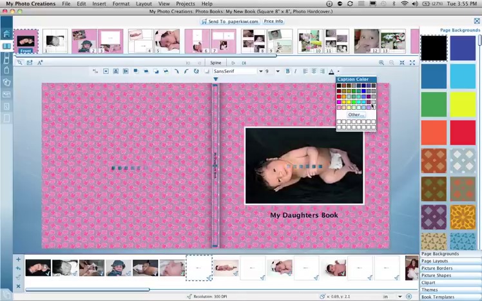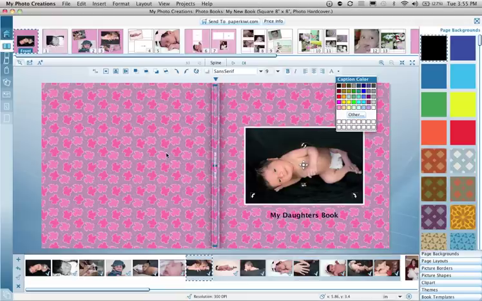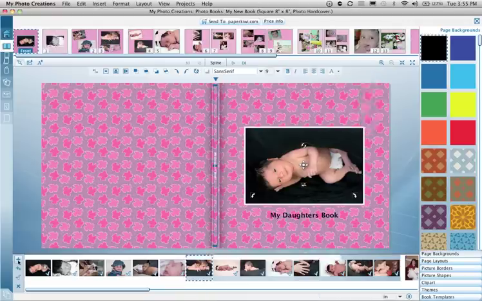I could actually go through and change the color of the text. If I wanted it to have a different color text, I can click on it and it changes the color of the text. I could change this background layout if I wanted to, and I could actually use an image for that if I wanted to. So let's say I have some designed papers somewhere. I could actually go in and say, oh look, I want to add an image